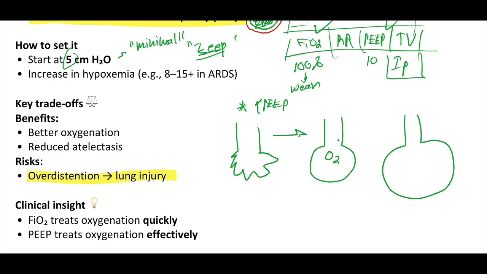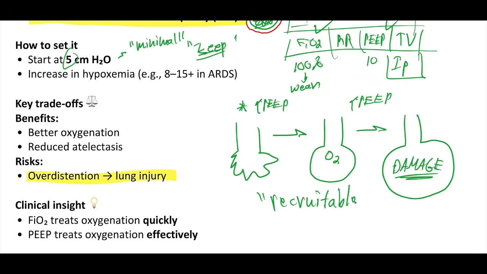But if we are already optimally distended or we're over distended, increasing the PEEP is actually going to worsen oxygenation, because it's just going to cause worsening over distension, and that's going to damage the alveoli, and they're not going to be able to absorb oxygen efficiently. So increasing PEEP does not magically just increase oxygenation. It only increases oxygenation if there are recruitable lung units available, aka there are portions of the lung that are under distended or collapsed